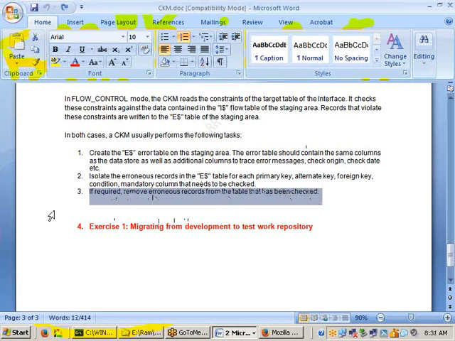That means in the source I have 10 records available. Out of 10 records, assume 2 records are error records. Those 2 records you can load into the error table and remove from the source table, and the source table then contains 8 records only. Once they are loaded in the error table, they are removed from the source table.